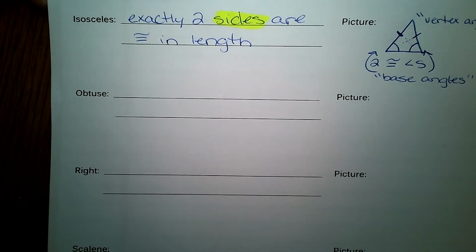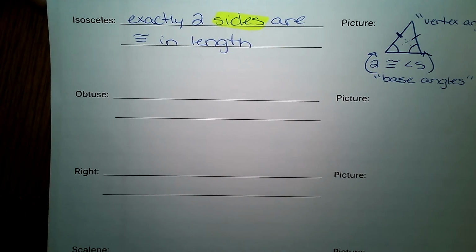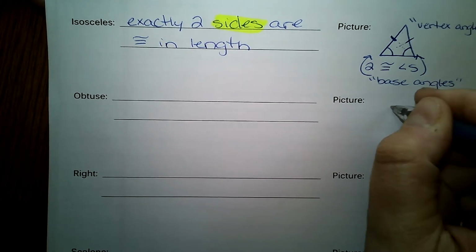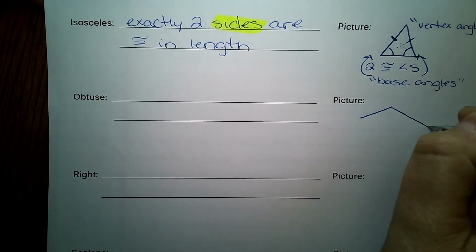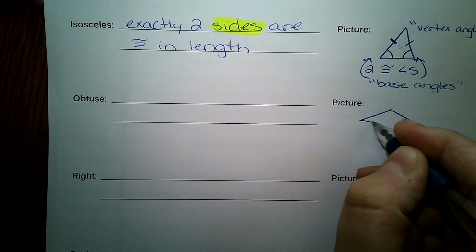Okay, we've got a couple more vocabs here. Next we have obtuse. Okay, think back to angles. An obtuse angle is an angle that's greater than 90 degrees. But again, we're trying to describe the entire triangle. So I'm going to start with a picture over here. If I start with a really wide obtuse angle and connect it to form a triangle,